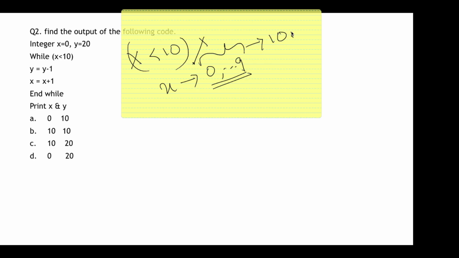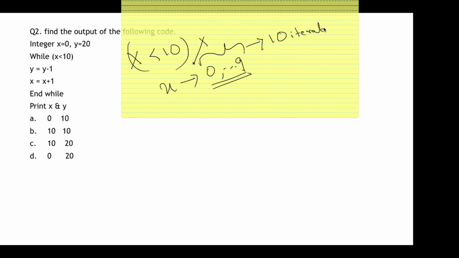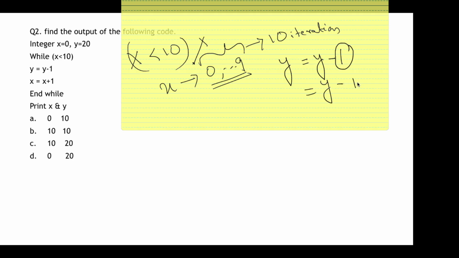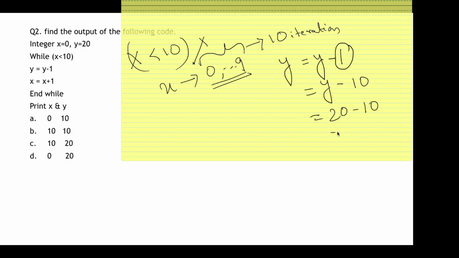It is 10 iterations. So if it is 10 iterations, then y's value is being decremented by 1 in every iteration. So for 10 iterations, the value of y will be decremented 10 times. The initial value of y was 20, 20 minus 10 is 10. Similarly, x value is incremented by 1 in every iteration.